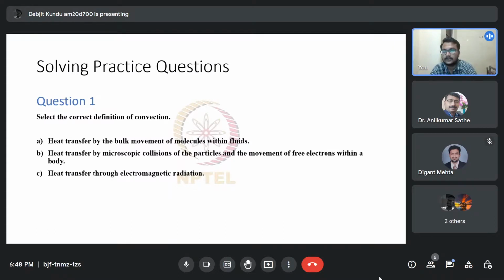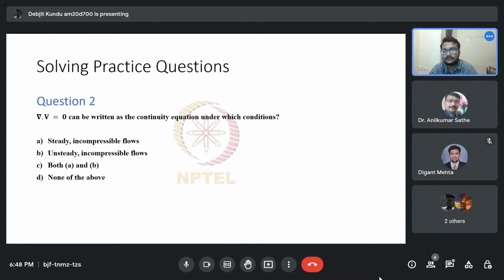Very simple thing. Is it option A, heat transferred by bulk movement of molecules within fluids? Absolutely. And options B and C are respectively the definitions for conduction and radiation. Correct. And question number 2 was